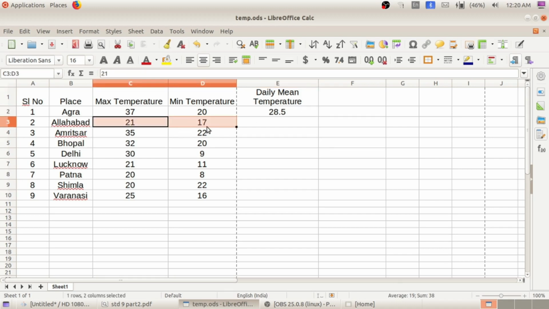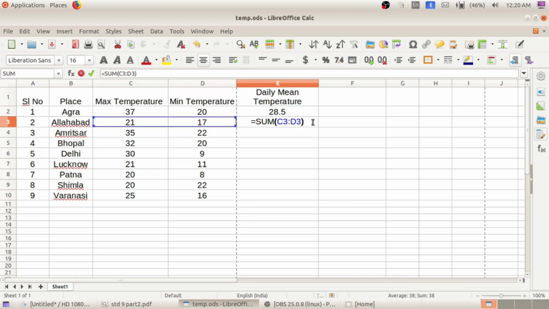The similar way we can find this also. Sum divided by 2, C3 cell address. Check whether the cell address is correct, D3. So sum of C3 colon D3 divided by 2.